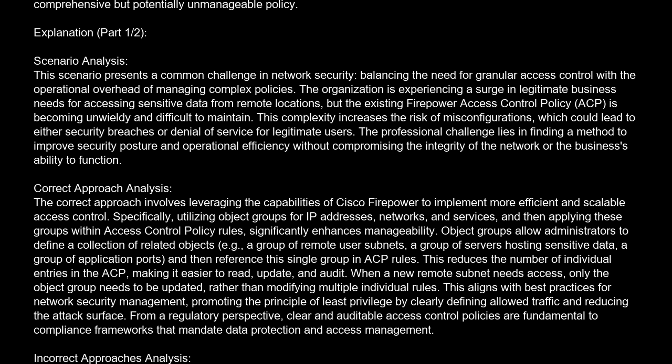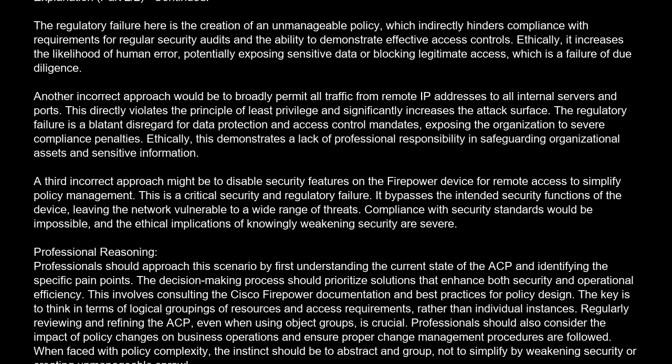One incorrect approach would be to create a separate, highly specific access control policy rule for every single remote IP address and every single port required for access. This leads to an exponentially growing ACP, making it extremely difficult to manage, troubleshoot, and audit. The regulatory failure here is the creation of an unmanageable policy, which indirectly hinders compliance with requirements for regular security audits and the ability to demonstrate effective access controls. Ethically, it increases the likelihood of human error, potentially exposing sensitive data or blocking legitimate access, which is a failure